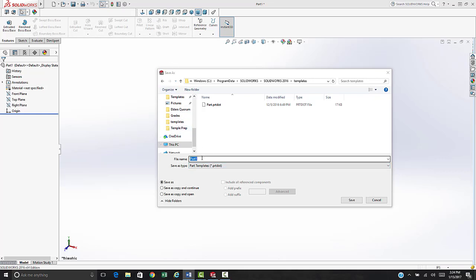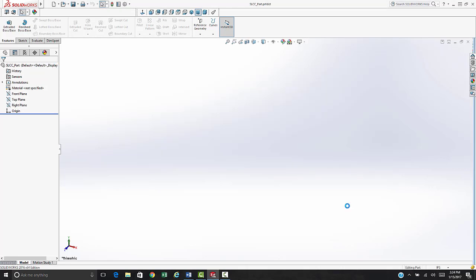Then you can pick the part name. I will select this part because this is for Solid Community College. I'll do an SLCC underscore part and then hit save. And now this is saved as a part template, and we can see that if we go to our File